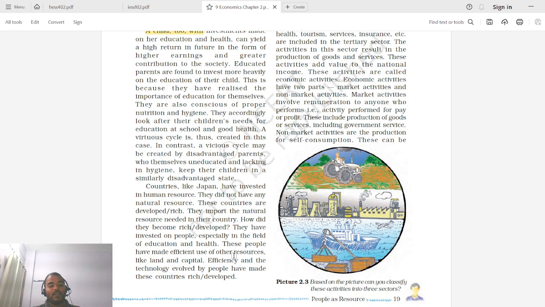These people have made efficient use of other resources like land and capital. Efficiency and technology evolved by people have made the country rich or developed. Since the Japanese people did not have natural resources available, they invested heavily in the education of their people. Their people became so excellent at skills that when they bought resources from other countries, they used them so efficiently that their productivity was superior and of very high quality compared to the rest